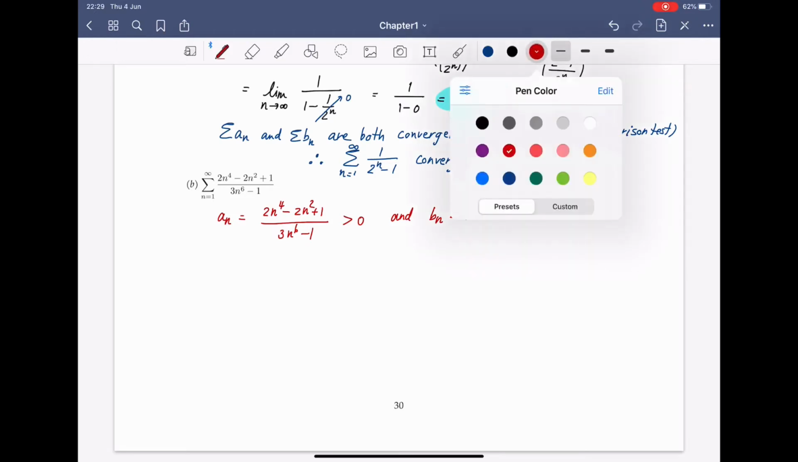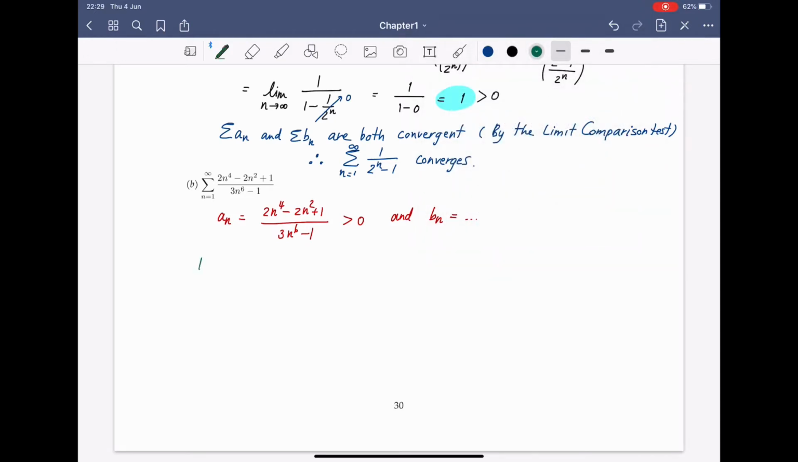So we're going to do the limit comparison test first. So let L be the limit of a sub n over b sub n where n goes to infinity. So this is the limit of, I have an here, so I'm going to put 2n to the 4th power minus 2n squared plus 1 over 3n to the 6th power minus 1. Alright, so the idea is I need to multiply by 1 over bn as well. So we need to pick bn smartly